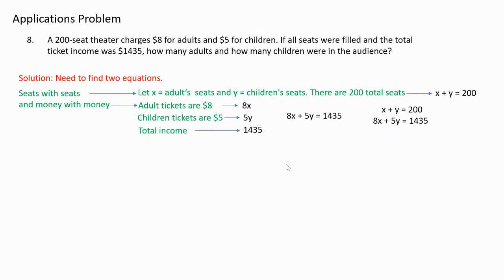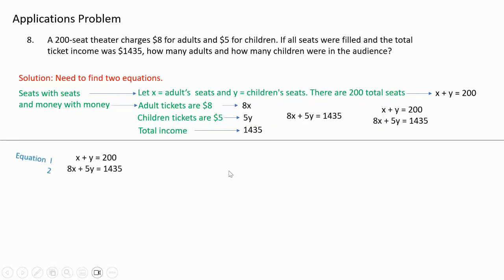Now you can do it any way you want, by substitution or graphing, but I don't recommend graphing. I believe the easiest way will be the elimination method because it's already set up in that form, and that's the way I'm going to solve it. So again, we have equations 1 and 2. Here I'm going to eliminate the x's, so I need to multiply equation 1 by negative 8. So negative 8 times x, negative 8 times y, and negative 8 times 200 will give us negative